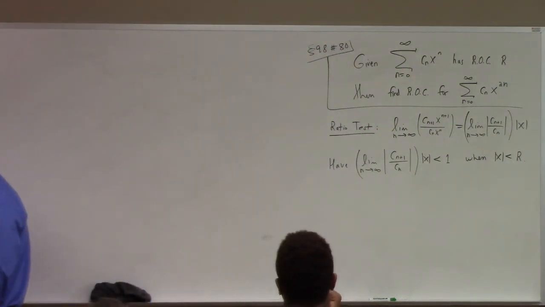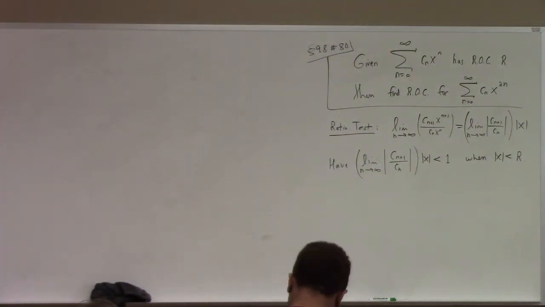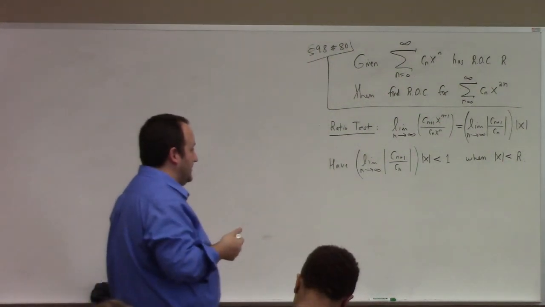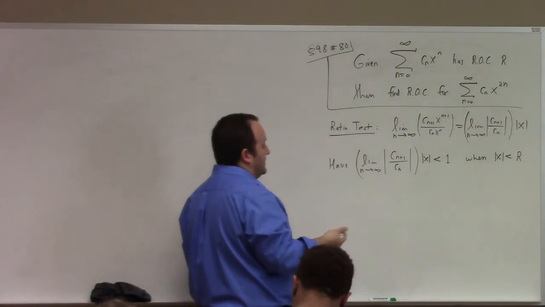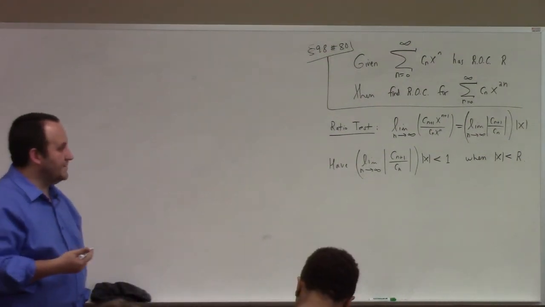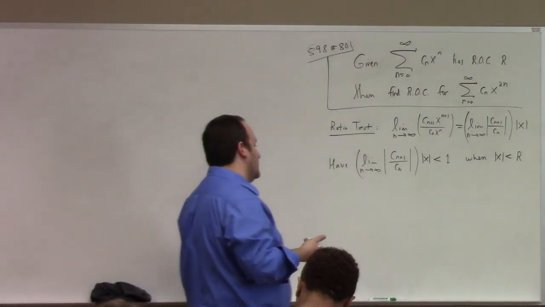I know that the power series converges when I have that condition for x. That's given. So my question then is, what does the ratio test work out to for